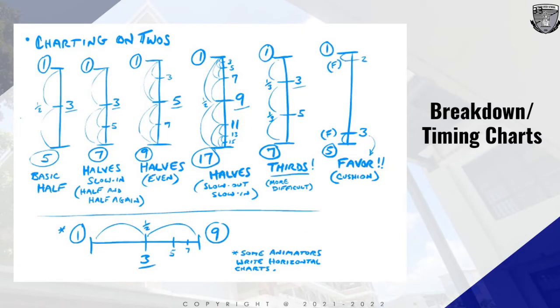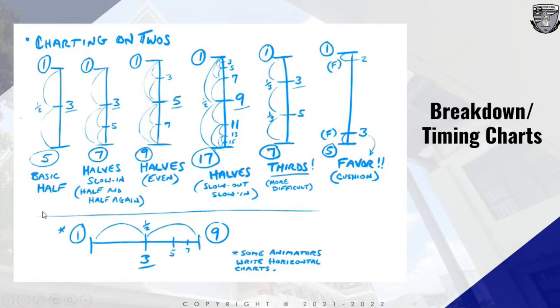Okay, so on charting of your breakdowns, we have here what we call your breakdown charts, which is charting on twos. Why do we need to use charting on twos? Because basically we follow the 12 FPS on your Macromedia Flash. That's why we use the on twos. But if you do 24 FPS, you may do the on ones, where you can use even and odd numbers. But in our animation, we follow the on twos because we do the 12 FPS and we follow the odd numbers format. Okay, so here are examples of the charting which is on twos.